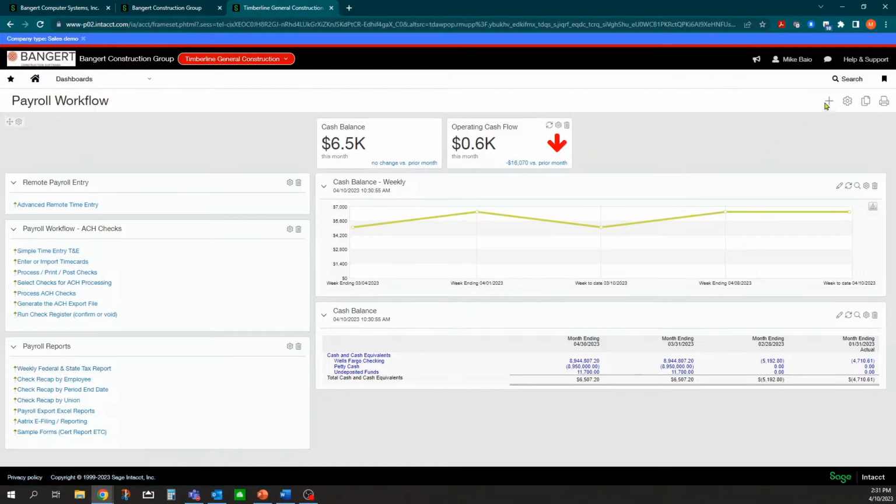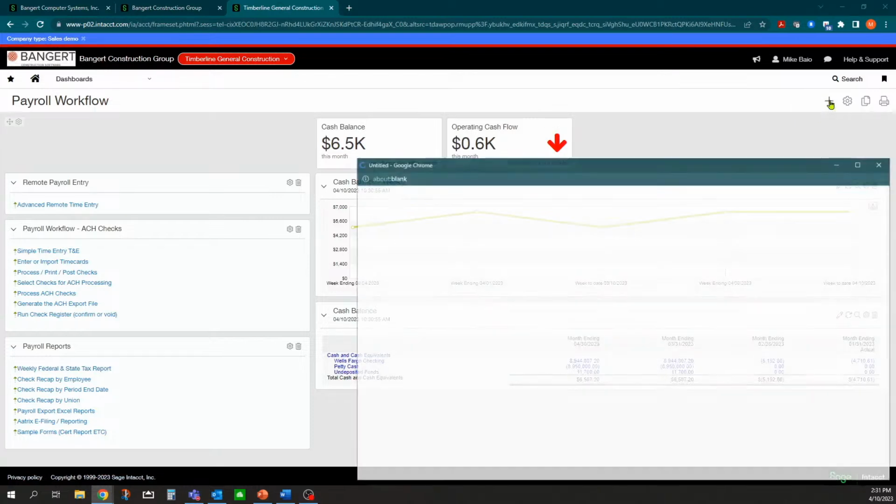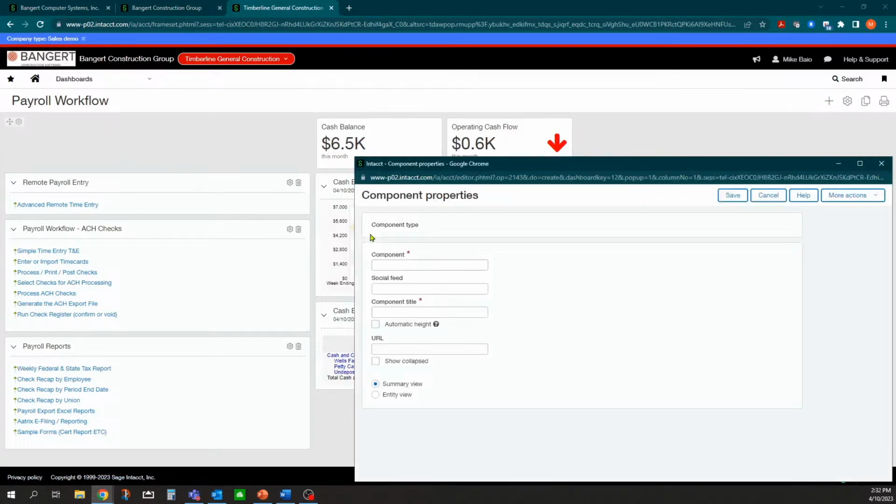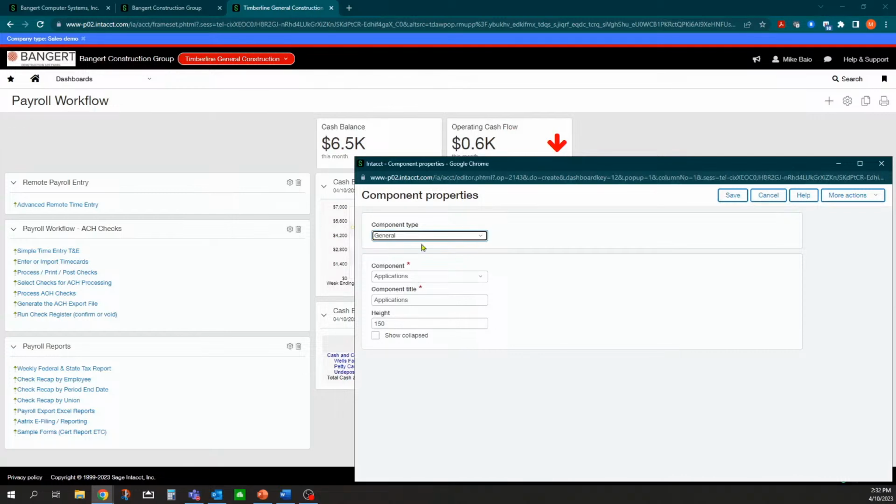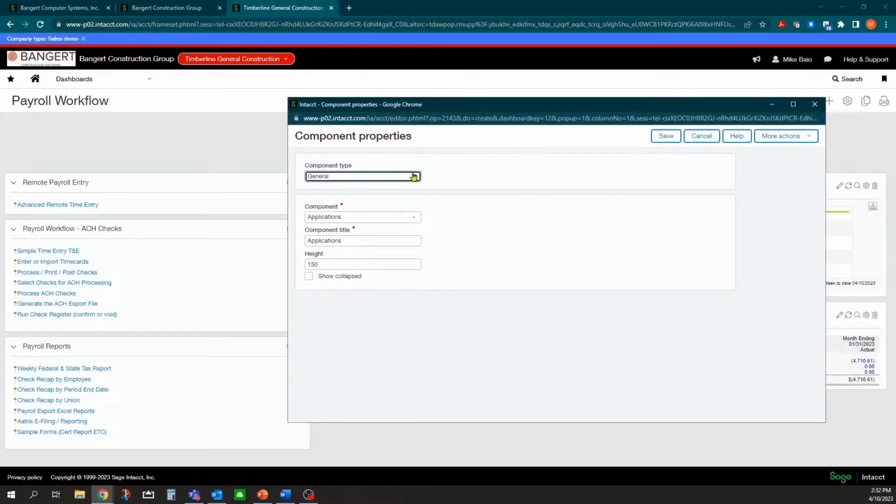What we can also do is something like this. Let's say we want a specific section just for reports that I want to print out on a weekly basis. I have a weekly payroll, and every time I do the payroll, these are the 4 or 5 reports that I want to create. I want to run every week.